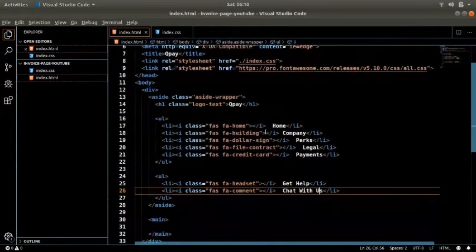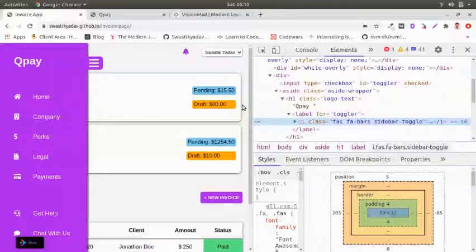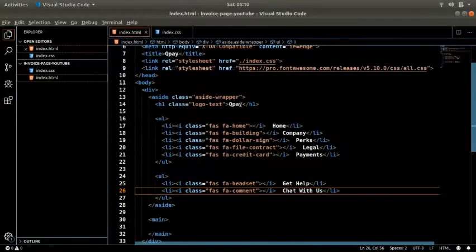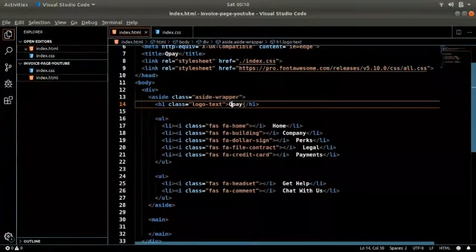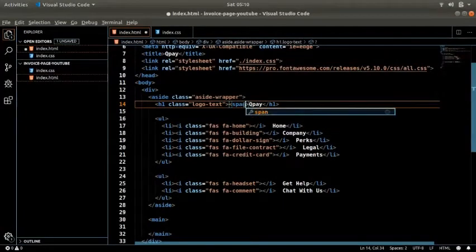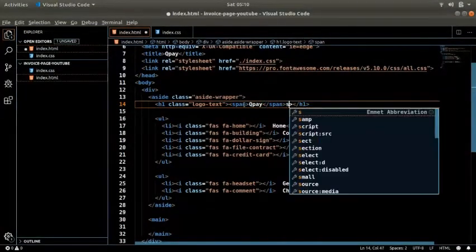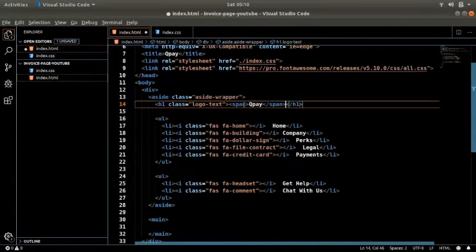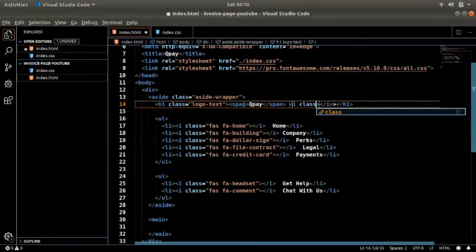So where do we actually add it? So I will add it because it's aligned horizontally with qpay. I will just use it over here, and for that reason I will add it to span. It will be added to span, and I will use the i, okay, with class fas fa-bars.